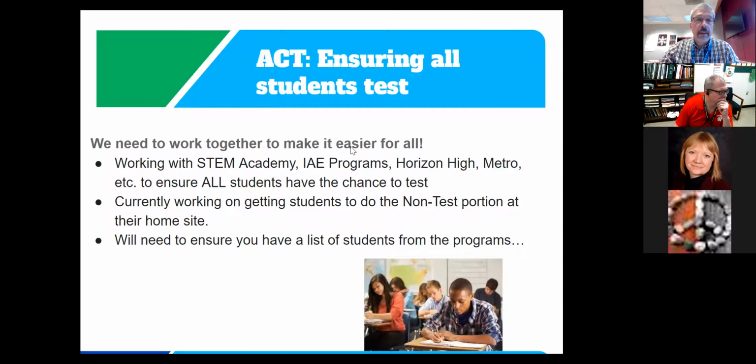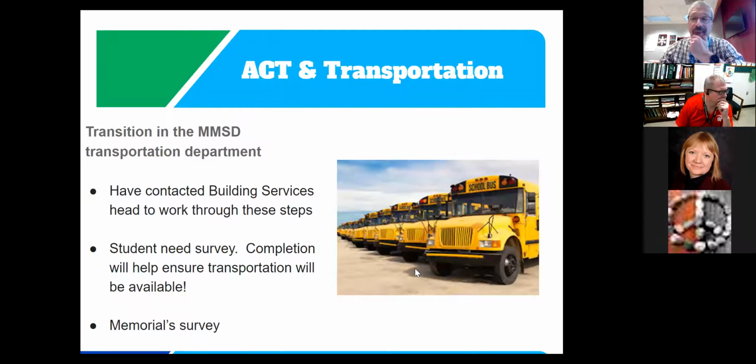Okay. Transportation. It took me a while to figure out who is in charge of transportation in the district. We have a couple of new team members, and so I connected with Kenneth Thomas, who is in charge of regular ed transportation around the district. He would like to have information provided to him so that it would help him in working with the bus company to ensure that students will get home.